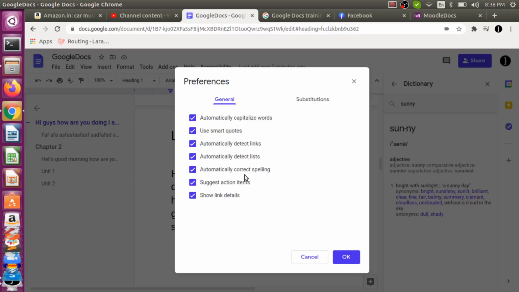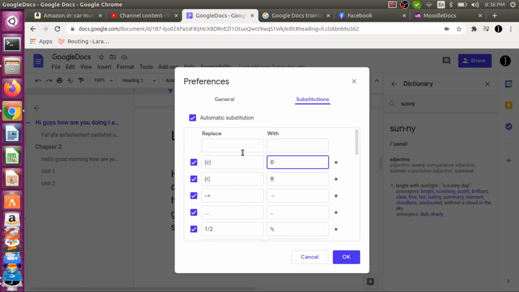And if I go into the substitutions, you can see here, if I write this kind of thing, it will convert to this kind of thing. So this is again a very good option if I want to create a special character, and I can create that kind of combination. For example, here I want to add some special character. Here I can create that, and I can create a shortcut for that. So this is a very good option which I can use here, right?